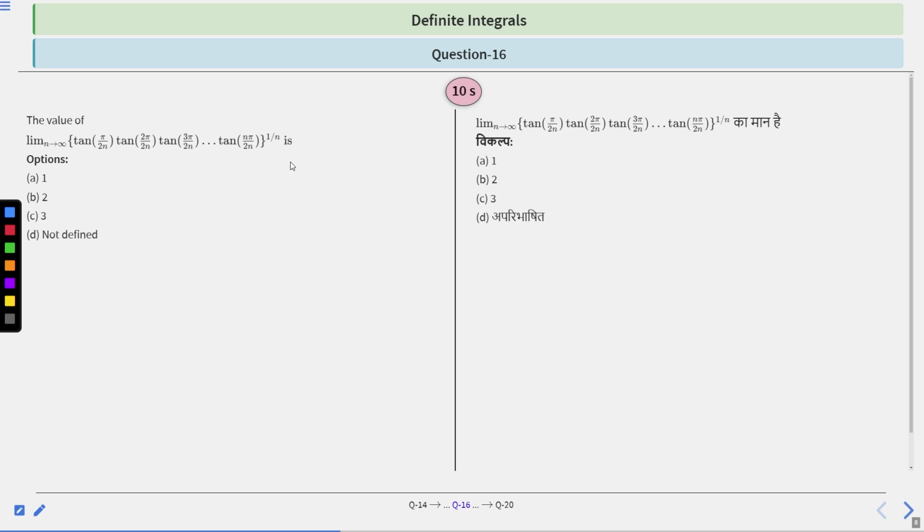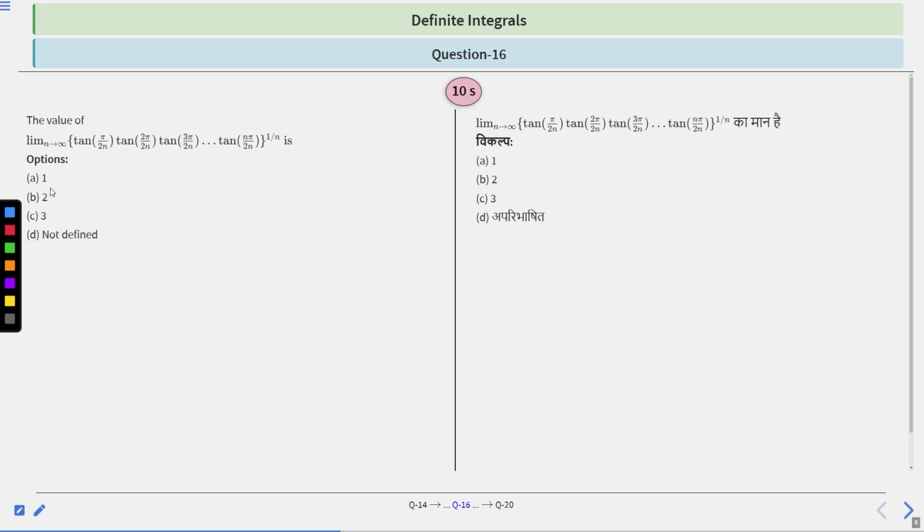See again, it is in the series form. So we can take log. We can take log and convert this into a summation form. After converting it into summation form, we will take 1/n out, then assume 1/n as dx, and in the summation form there will be terms r/n, and we can assume r/n as x, and convert it into an integral.